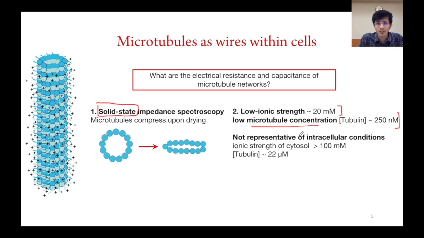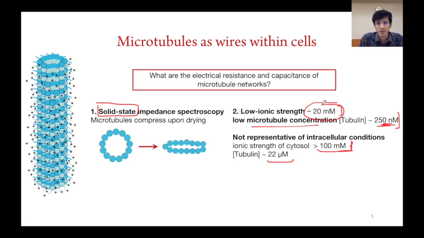In cells, the tubulin concentration varies between 20 to 120 micromolar, so it's extremely high. It's not in the nanomolar regime. And the ionic strength is also very large, at least more than 100 millimolar, at most 600 millimolar. Compare that to 20 millimolar, which is what you typically use in a low